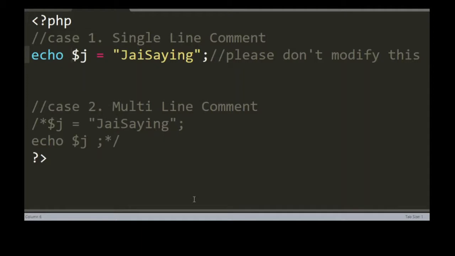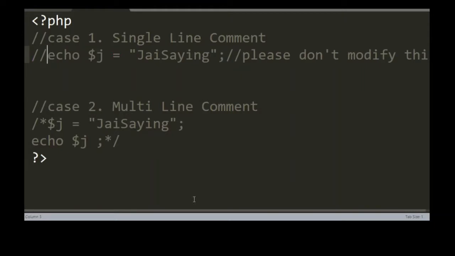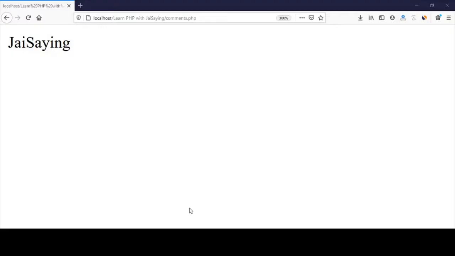I am going to comment it, and I will execute this one. It will not display. It means the block of code is commented. So the purpose of the comment is that you can block a piece of code.